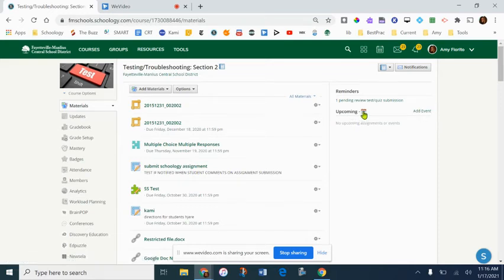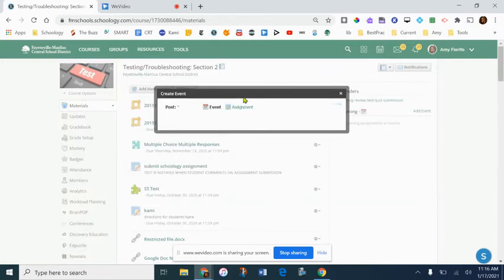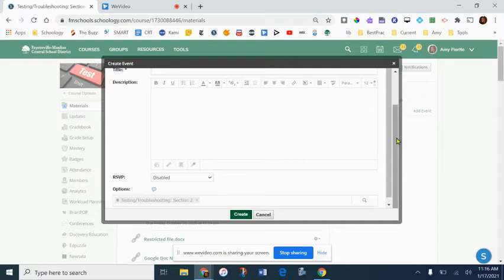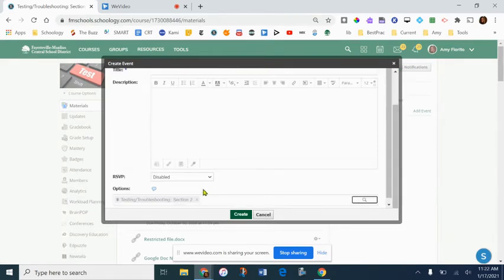If you click on the calendar icon here, you can also add events directly, and you can add assignments from here as well. So this is just a quick entry for assignments or events for teachers as well. And of course, you have the new repeat function that Schoology just added. As you're assigning in Schoology, you also will have the option to choose who you want to assign it to